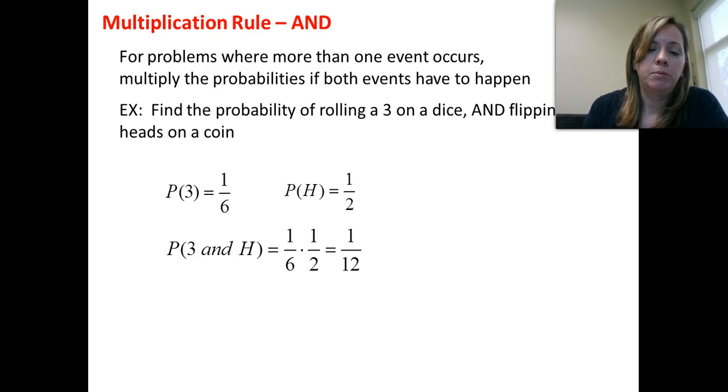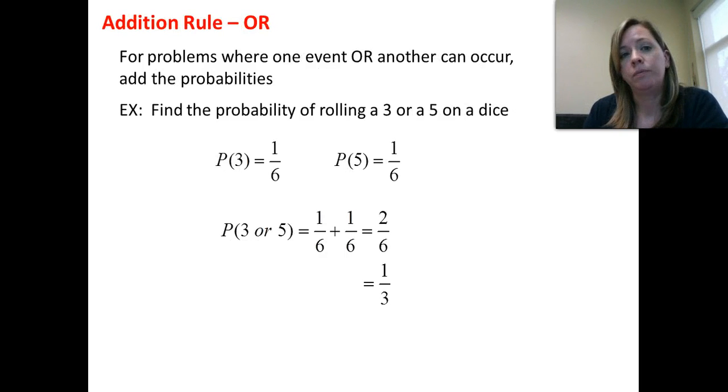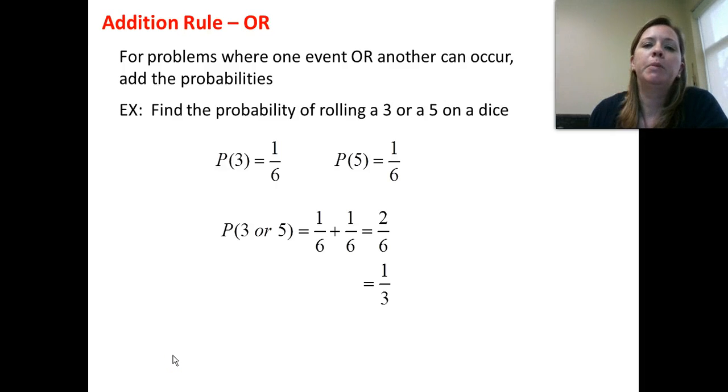Now, in addition to the multiplication rule, we also have the addition rule. And the addition rule is when you have or events. You're going to add probabilities together when one thing or another thing can happen. So, for example, if I wanted to find the probability of rolling a 3 or rolling a 5 on a dice, this is if you get just one roll,